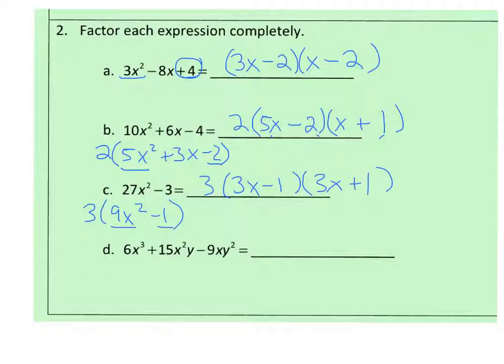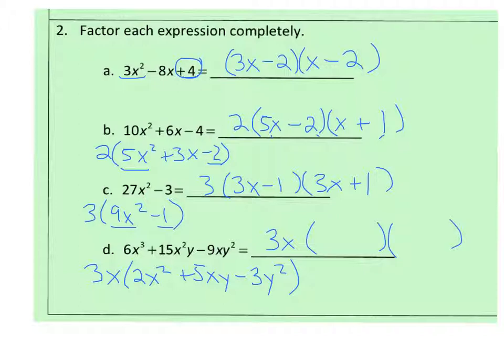And then for our last one, again we have a GCF. All terms are divisible by 3, and they all have at least one x, so I can take out an x. And I get 2x squared plus 5xy minus 3y squared. And so I leave the 3x in front, and I need my first two terms to multiply to